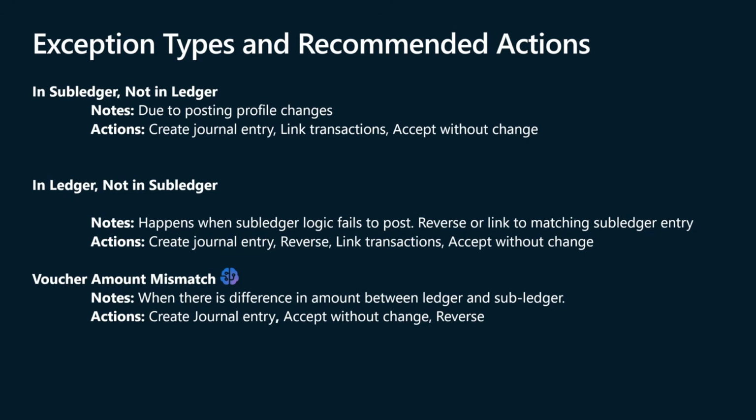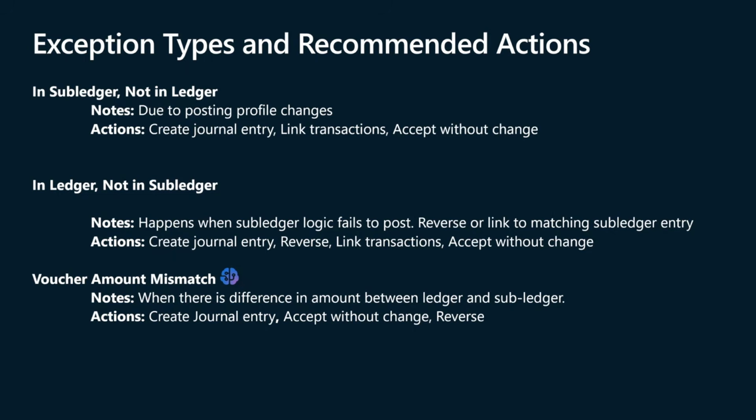The second exception type is in ledger and not in sub-ledger, and this happens when the sub-ledger logic fails to post. The actions we recommend here are to create a journal entry, reverse, link transactions, or accept without change. The third exception type is voucher amount mismatches. This happens where there is a difference between the ledger and the sub-ledger with respect to the amount. The actions you can take here are to create a journal entry for the difference,